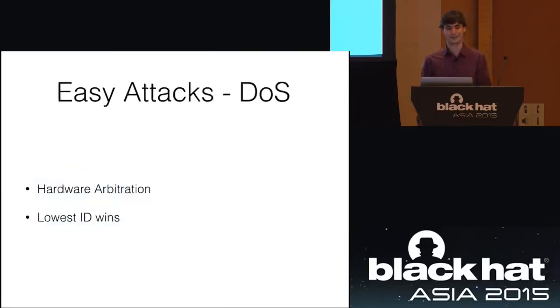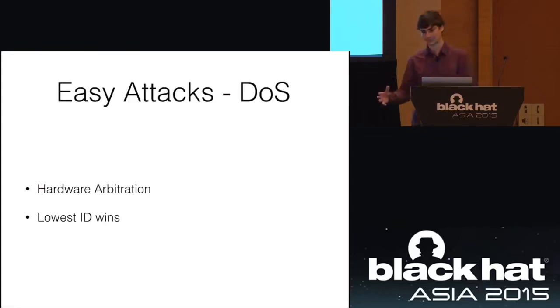So let's start with the super easy attack. It's so easy it's almost not worth mentioning, but it's sort of entertaining, so I'll mention it anyway, which is a denial of service. The way that arbitration works in CAN, whenever people want to talk on the bus, everyone sends out their identifier. And while they're doing this, they're also listening to see what identifier is being sent. So if I'm sending message 500, I'll start putting that out on the bus. But if I see a lower CAN ID, then I will shut up and go into listen mode. I won't get into how the electrical part of this works, but basically the lowest ID always wins and gets